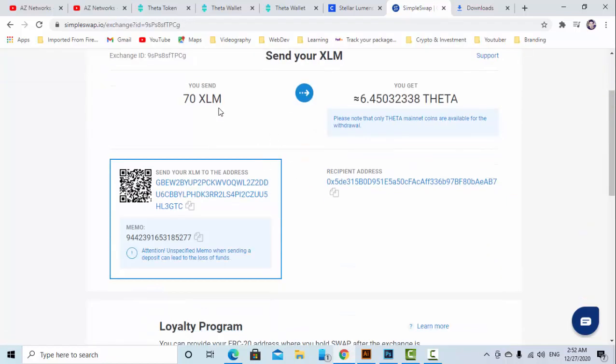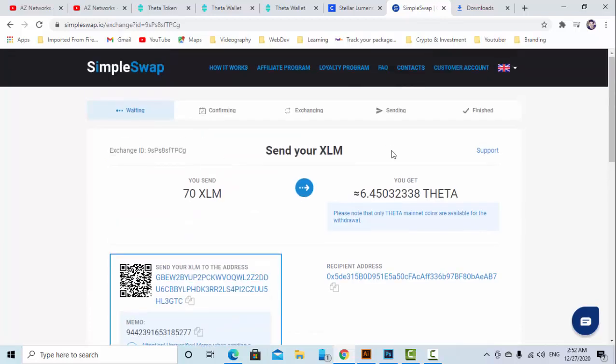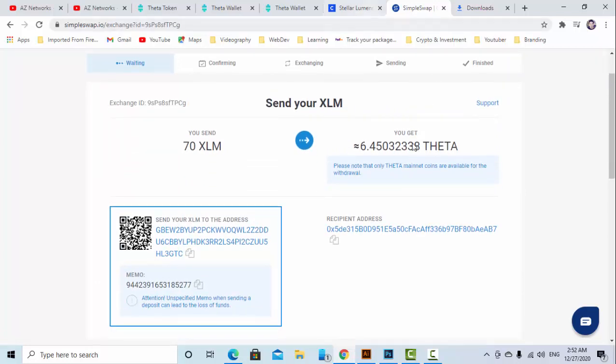Here it will give you an XLM to this address. It will give you a temporary address with a tag right here to send it to, and it will finish confirming the exchange and put like 6.4 Theta